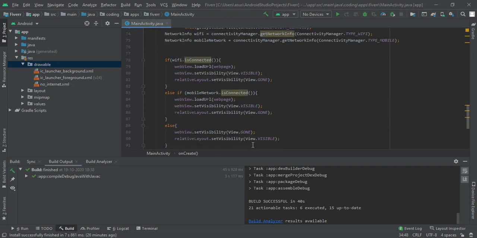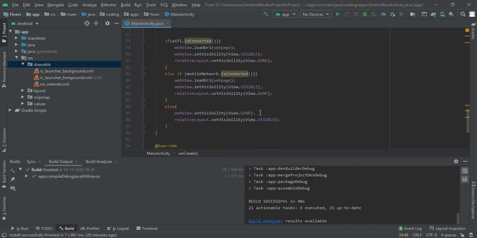So after that we have to write else if our Wi-Fi is connected, then we are going to load our page and we are going to make our web view visible. Otherwise it will be gone, and here we have to set relative layout gone, so relative layout will not appear.